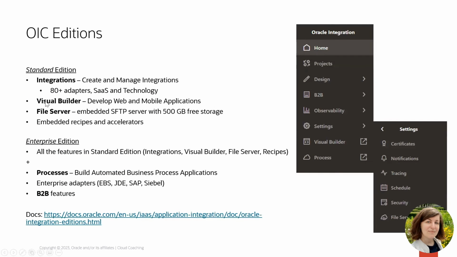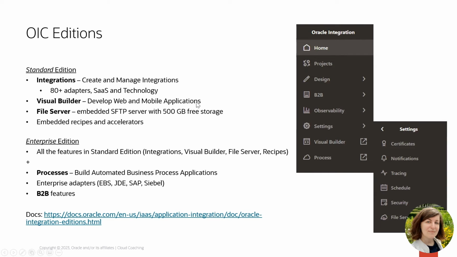The features included in the OIC editions are the following. With Standard Edition, you have access to integrations. You can create and manage integrations, and you can use the more than 80 adapters, SaaS and technology adapters. Visual Builder is also available with the Standard Edition.